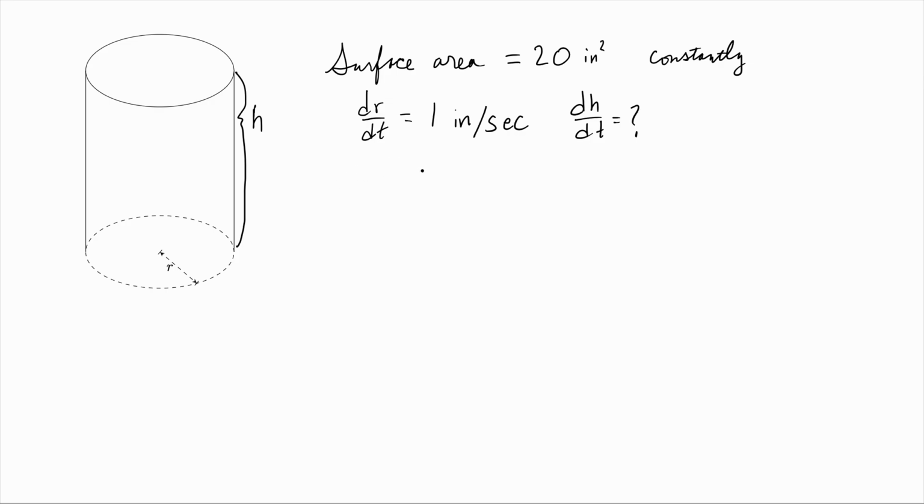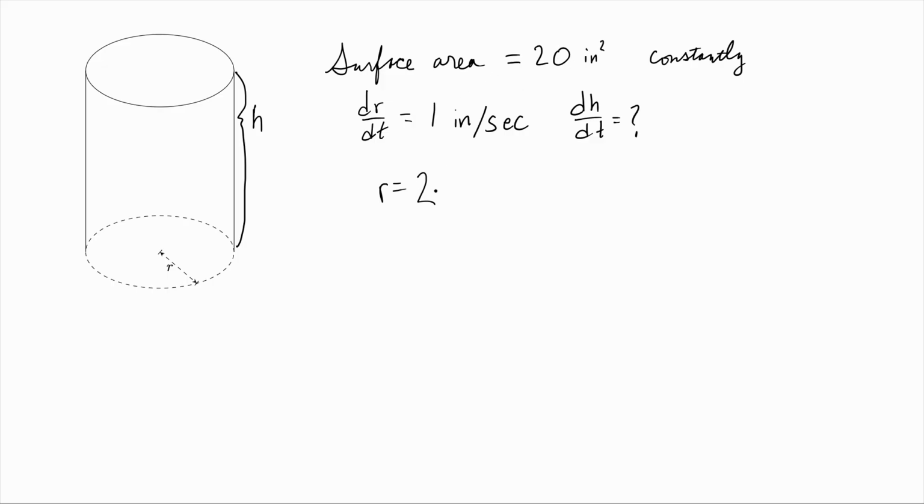Now we also need to specify a little bit. At this particular moment in time, let's suppose that the radius is 2. All right, so the radius is 2. Might be getting kind of flat there at that moment. In particular, let's